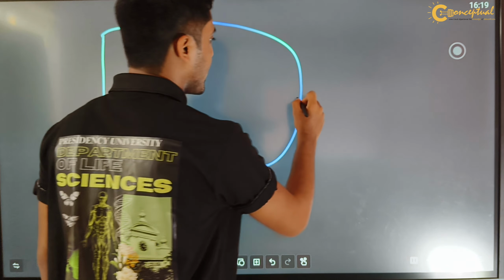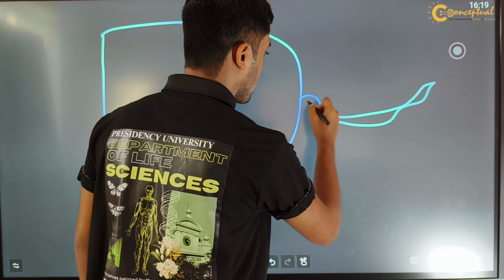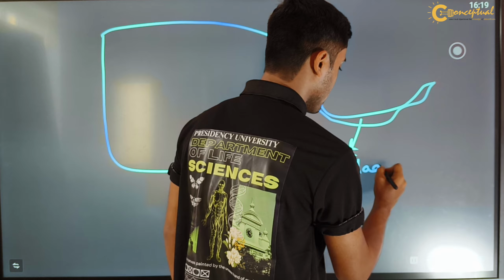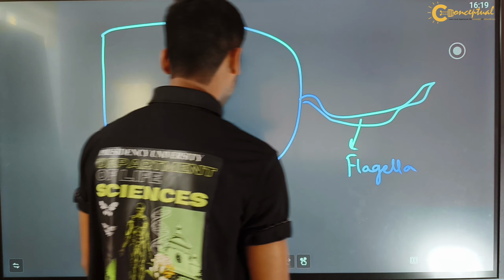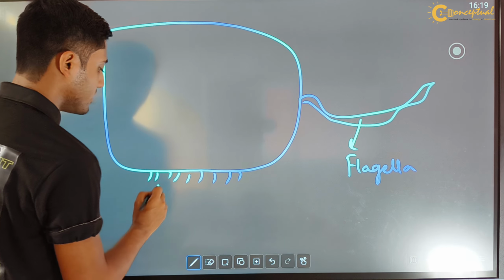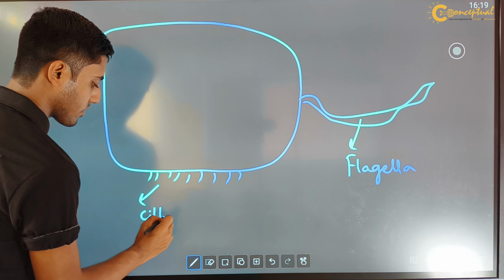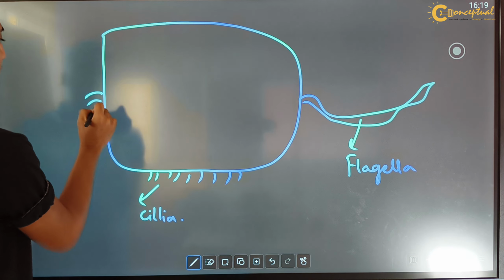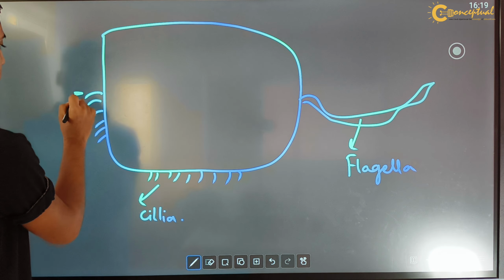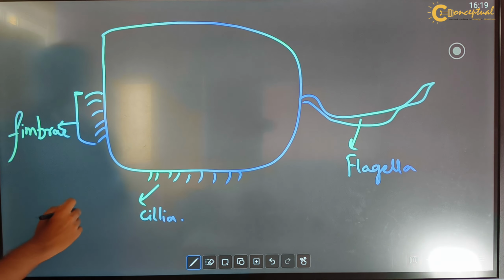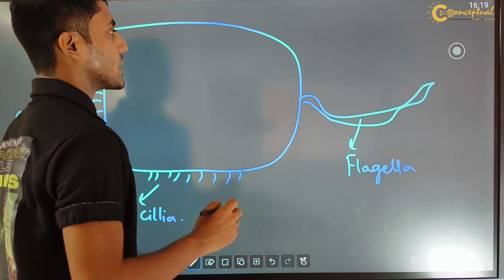If we are speaking of a bacteria, then it might contain a locomotory organ, which is the flagella, or it can also contain certain small locomotory organs such as cilia. All right. Then for gripping, it might have small projections known as fimbriae,